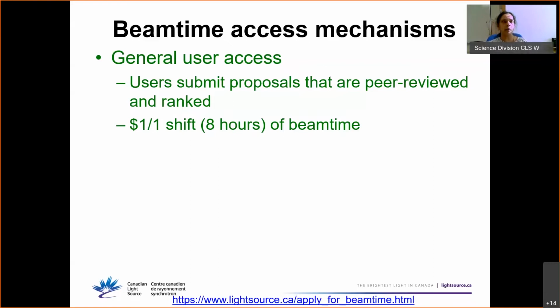They will look at the quality of the science and they rank the proposal. And depending on the rank and availability of beam time in different beam lines, you will be given beam time, or you may not get beam time if the ranking is not better. It is more or less free. If you write a proposal which went through the peer review and you got a good score or a good rank and you got beam time, it's basically free, except that we make you pay $1 for 8 hours.